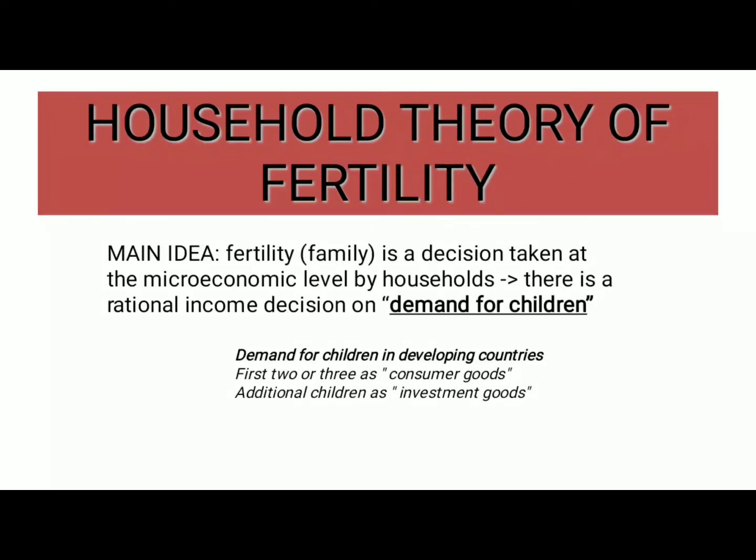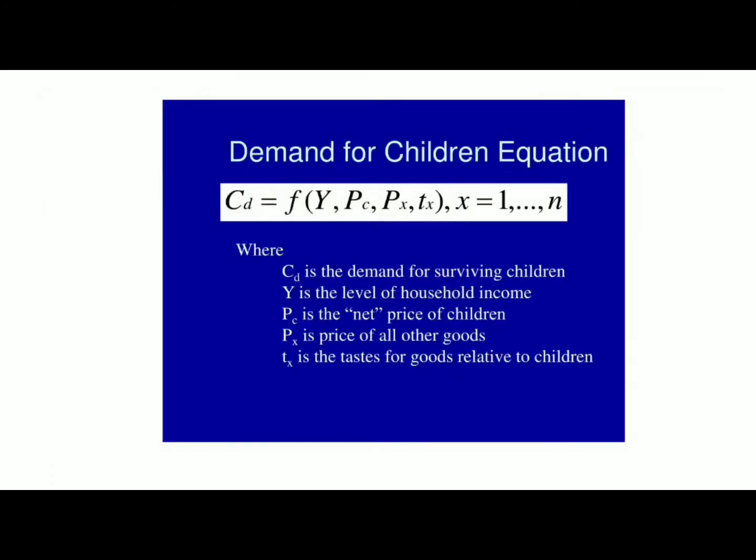In order to further understand the relationship, we have here the demand for children equation. We have a function that tells us how many children the family will want to have. Of course, surviving children become a factor. The number of children you want in your family depends on a few things. One is the level of household income. And if you just think of the number of children as being the good in question, as income rises,